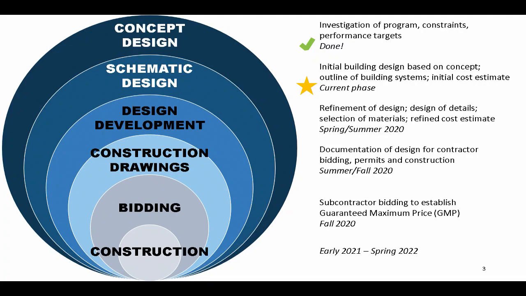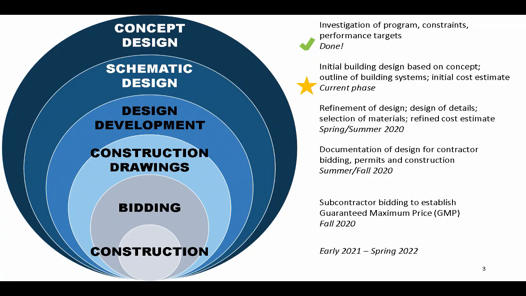And typically, a schematic design phase ends with a picture that is worthy of the front page of the paper. You could put it on the brochure. You can understand what the concept is, and you can understand what the end result is going to look like. There's still a lot of work to be done in developing that design, but the core of it is there. And that's also the point when the contractor can understand the project enough to give you a reasonable, fairly specific cost estimate, because they understand all of the pieces and parts that are going into the building.